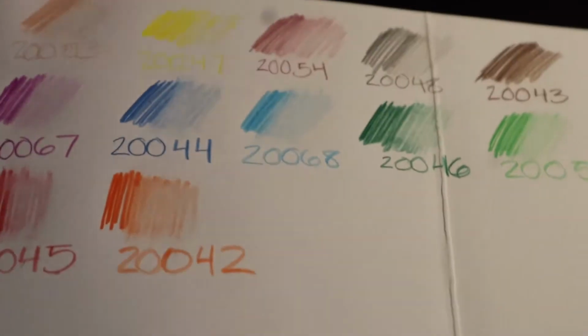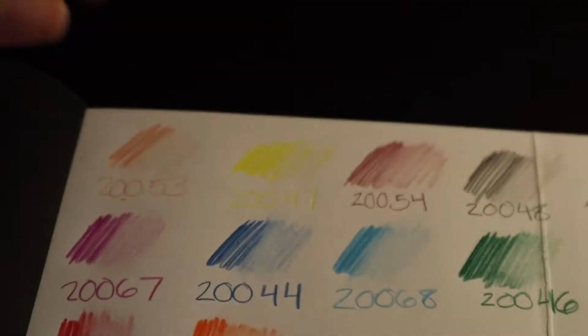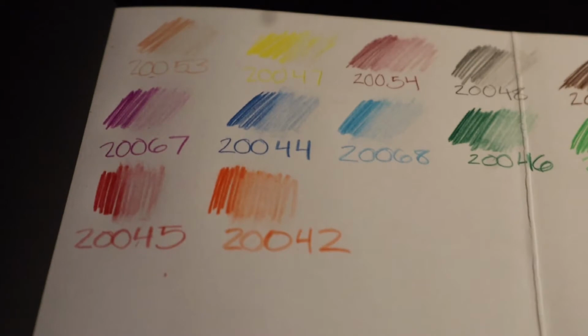The next thing I am testing out are those Cool Erase Prisma colored pencils. I really love these, and they turned out super good. I especially loved the red one, that 20045. That's the color I became the most obsessed with, and I really like the way that these erase, because I